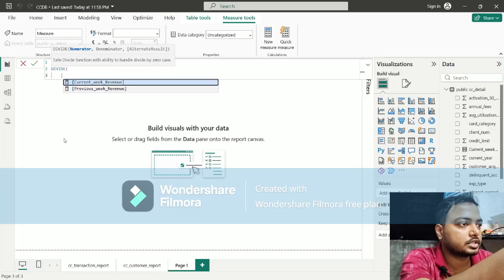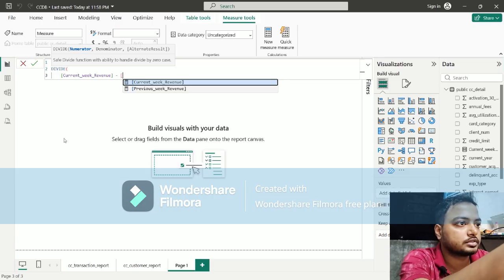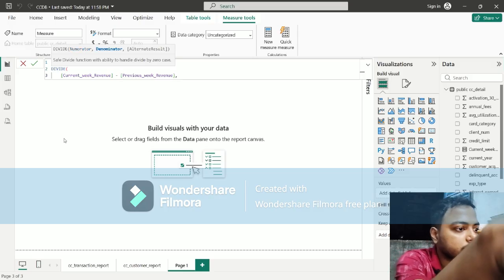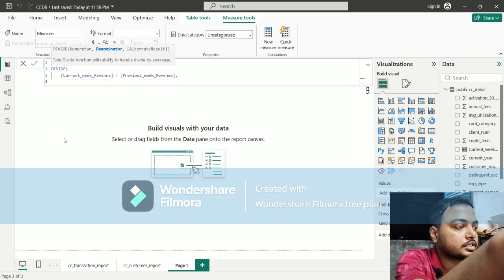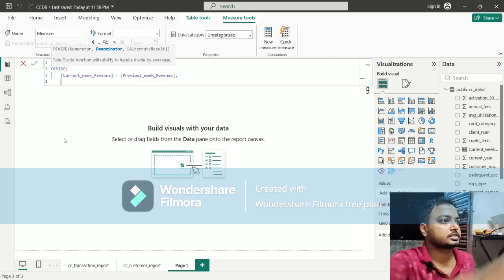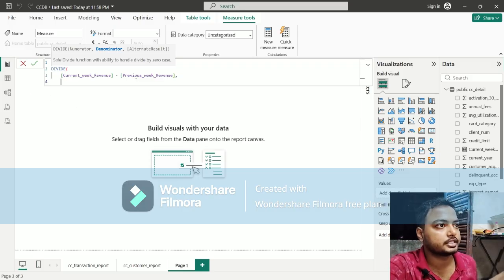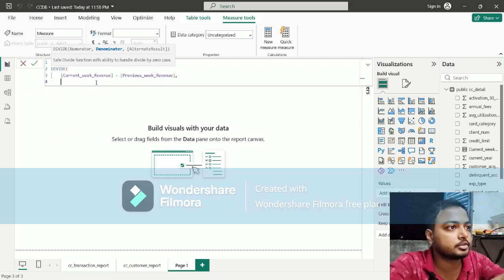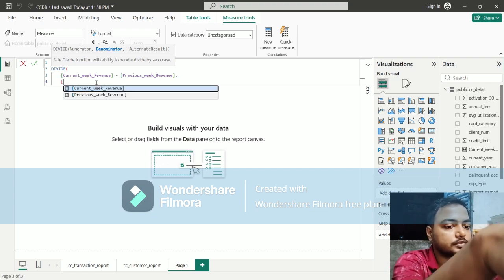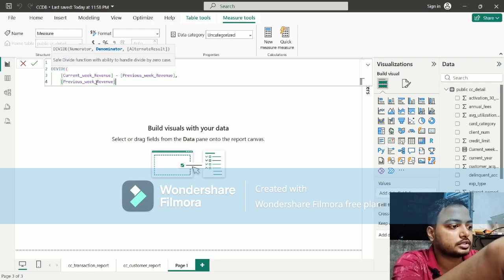First is current week revenue minus previous week revenue. Okay, current week revenue minus previous week revenue. So let me press Shift Enter, divided by. So look at this, it's a numerator. We have added the numerator. Now next is the denominator. Here the denominator is the previous week revenue. So previous week revenue, and